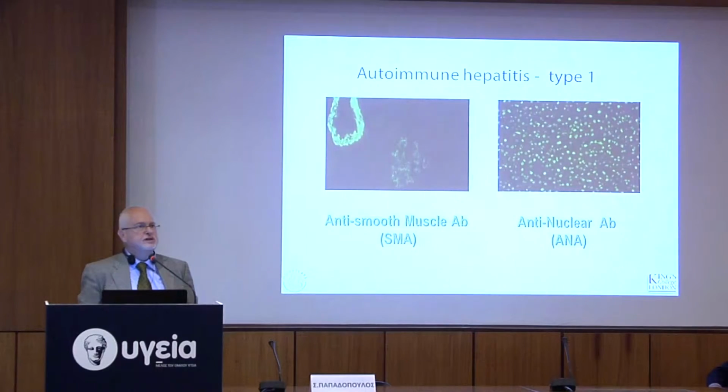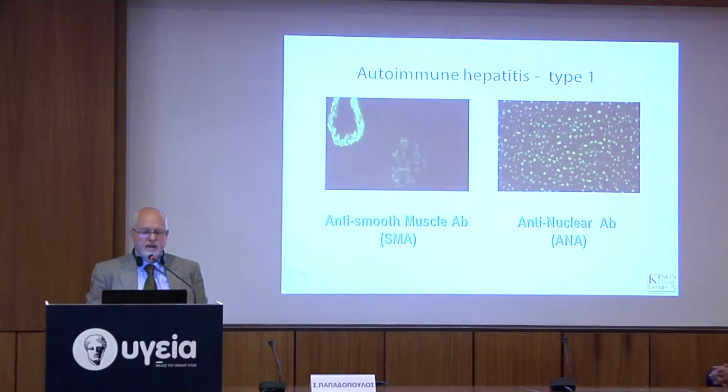This is what you find in the serum of a patient with autoimmune hepatitis type 1. On the left, you have an anti-smooth muscle antibody, which stains, this is a kidney from a rodent, this rat. You find a vessel and a glomerulus stain. This is an anti-smooth muscle antibody. To the right is a liver, again of a rat, where you find an anti-nuclear antibody. You can have the antibody on the left, the one on the right, or frequently both of them together in